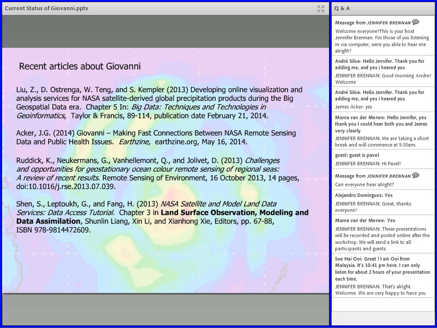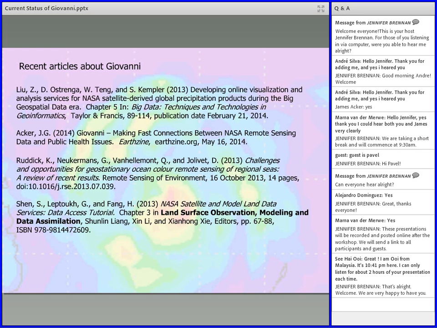A friend of mine, Kevin Ruddick, wrote a paper about looking at ocean color, and this has led to a collaboration where the Ocean Biology Processing Group will probably be bringing over data from the Sentinel-3 satellite that's going to be launching in 2015, a new ocean color sensor. As MODIS ages, we hate to say it, but it's getting older, this is a potential new good ocean color data source.